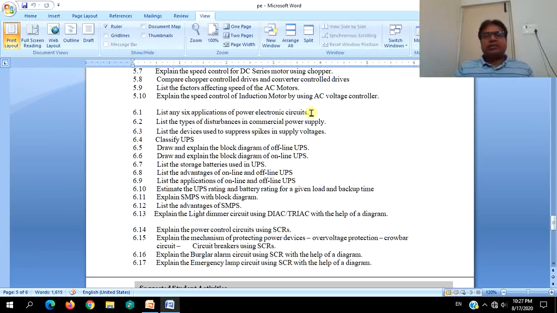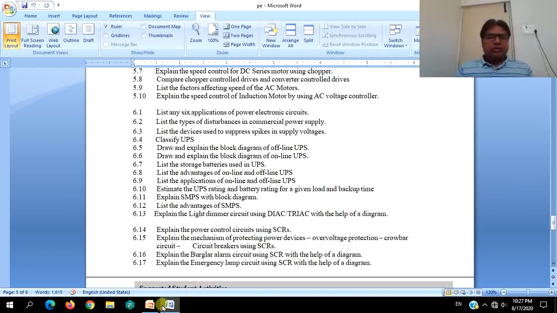The first thing which comes to our minds is that these things are already discussed, that is, applications of power electronics. Yes, applications of power electronics are abundant, which we have discussed for various fields. Here we will be specifically discussing the applications of power electronic circuits which we can design to suit the given requirements of a particular purpose. And likewise, we will be discussing all the other applications.